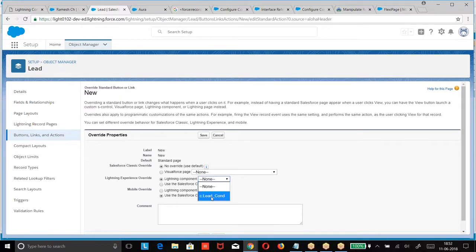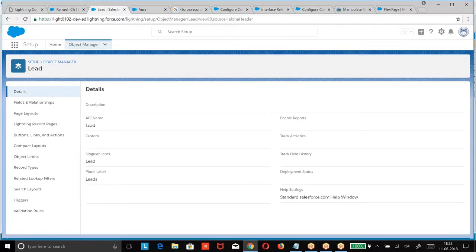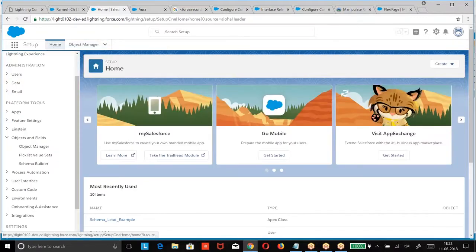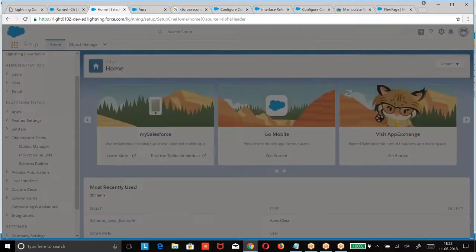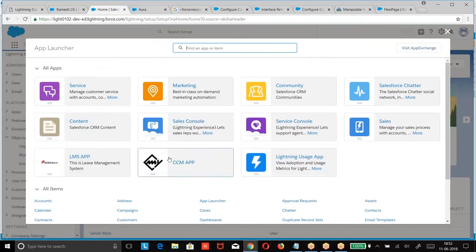Similarly, here also only the lightning components which have implemented the lightning action override interface will come here. Give it. Now what happened? Standard new button is replaced with this custom functionality. Go back.